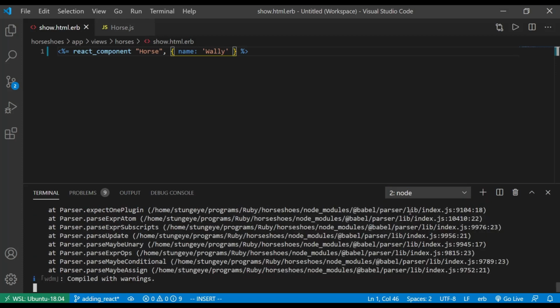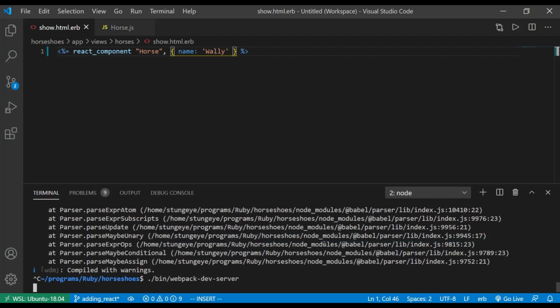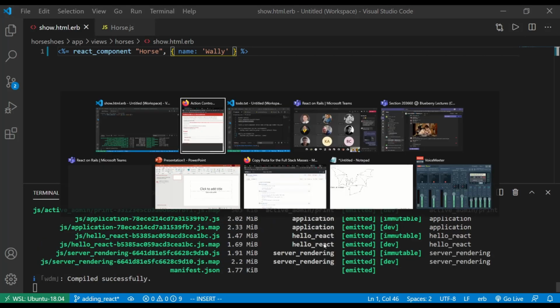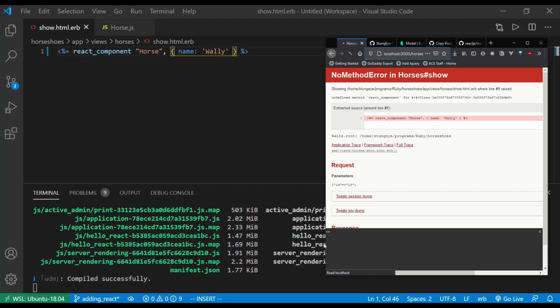I have also been running the Webpack dev server, so I'm going to restart that. That's ./bin/webpack-dev-server. That handles my JavaScript assets. And with those things restarted,